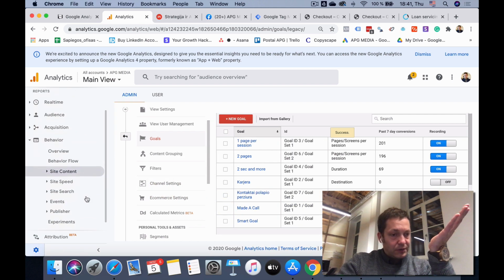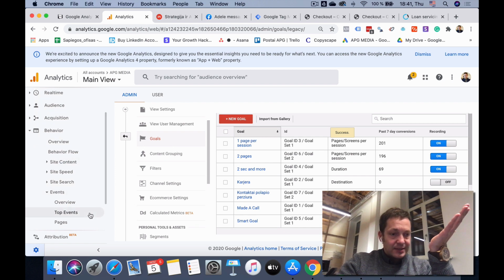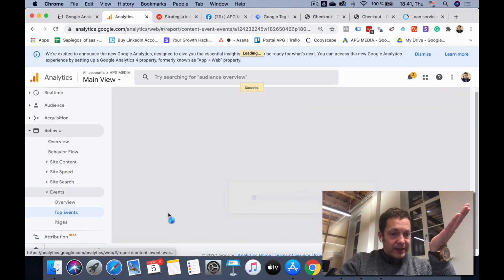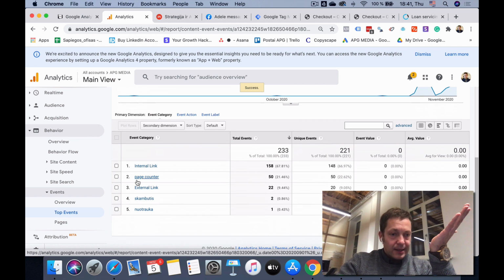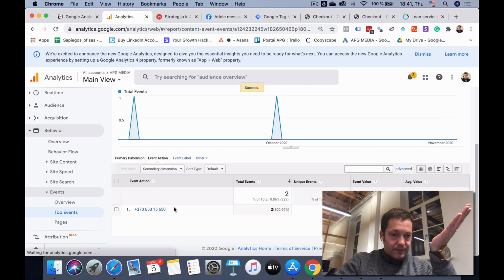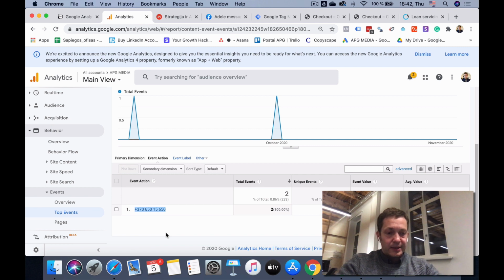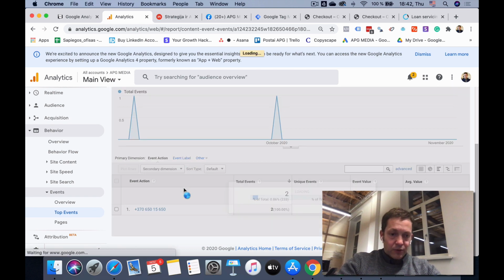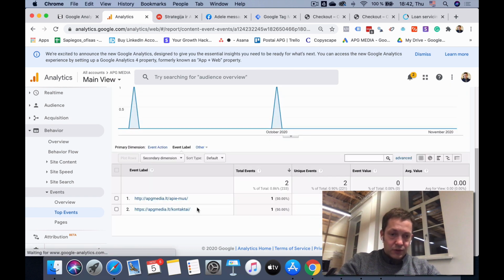We went to behavior, went to events, clicked on top events, found the event that we want to track, and all we did is simply copy the event category. We can also copy the event action, and if we want to be more specific, we can also copy the event